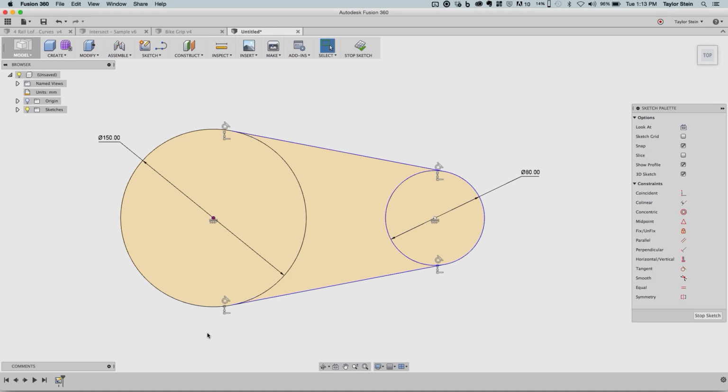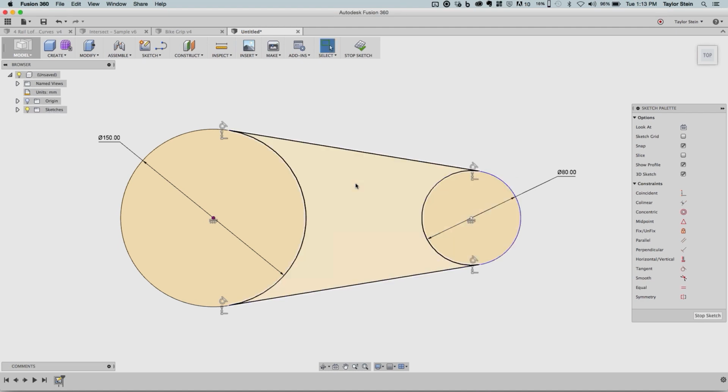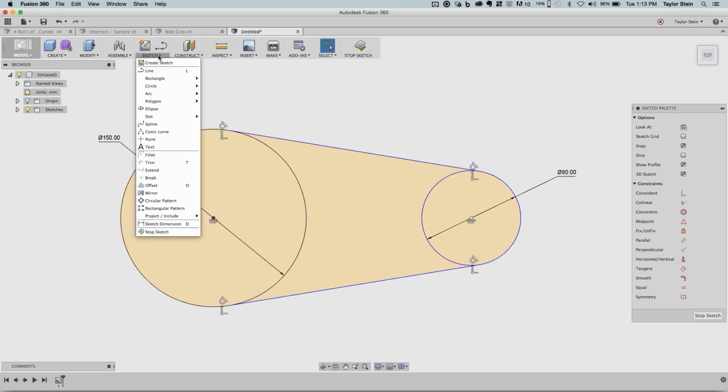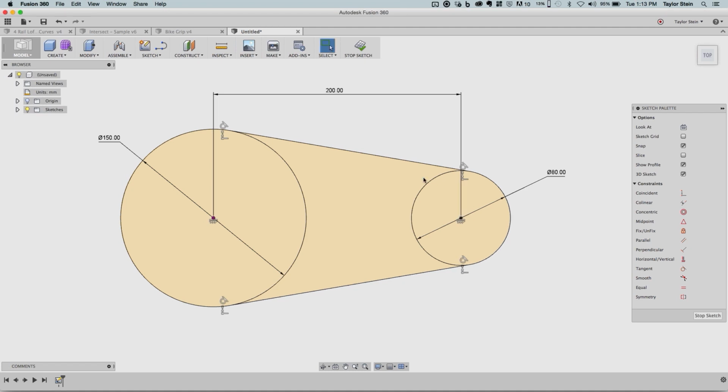You'll see that this circle turned black, indicating that it's fully defined because we have its position and diameter locked in, so it can't change unless we change this diameter dimension over here. Now I can still move this around. What I can also do is specify the center distance between these. Again, under sketch, I'll choose sketch dimension, select my 2 points, and let's set this to be 200. That looks good. So now I have a fully constrained sketch because you'll see that all of the sketch lines are black,